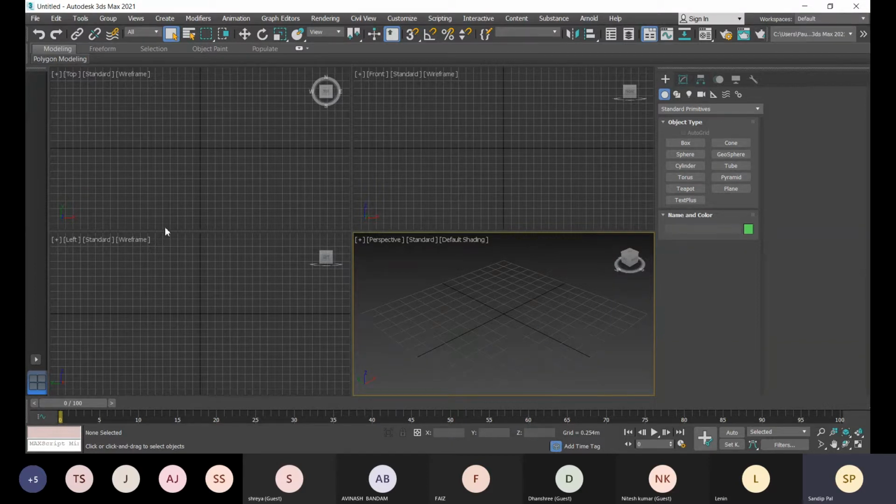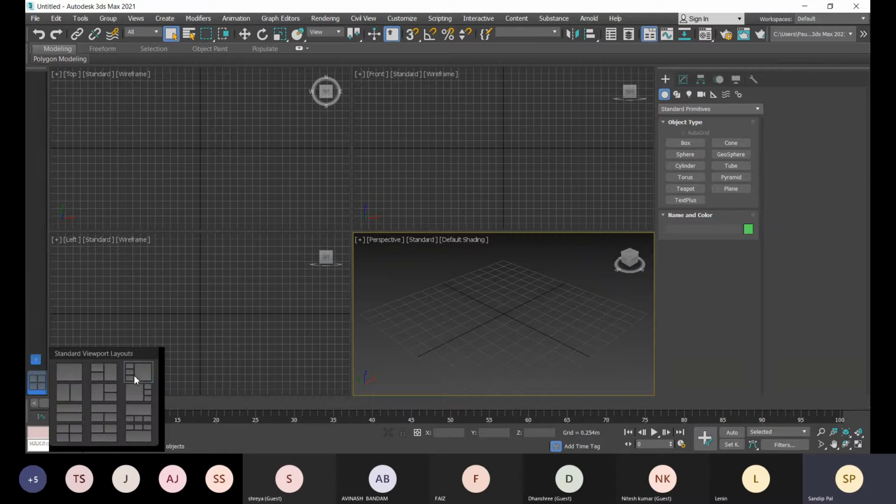You can change this viewport layout from here. This is your viewport layout control tab, and right now it is quad 4. Click on this arrow and you can choose from all the options.